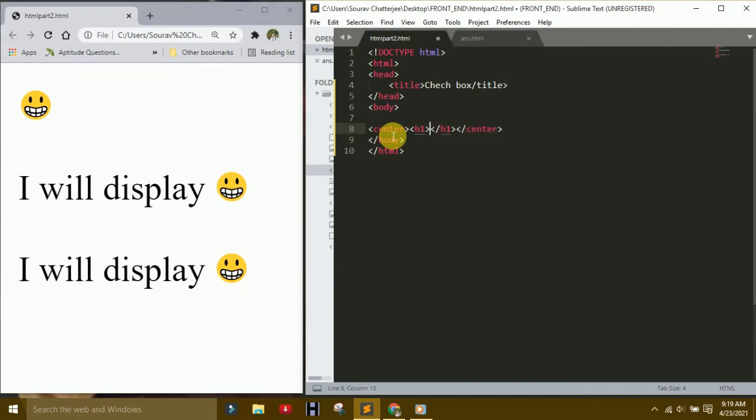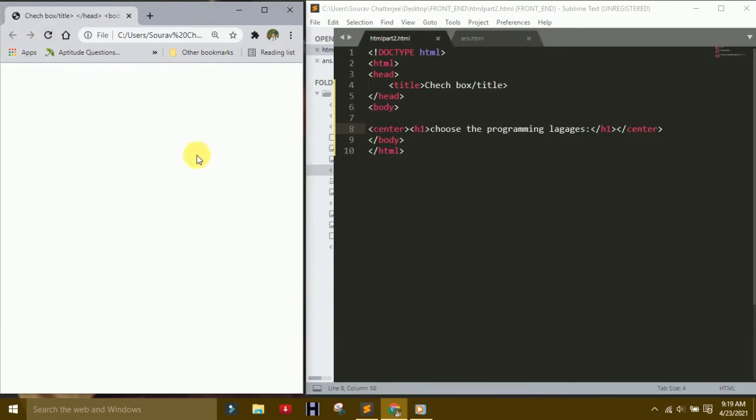This is choose the programming languages.